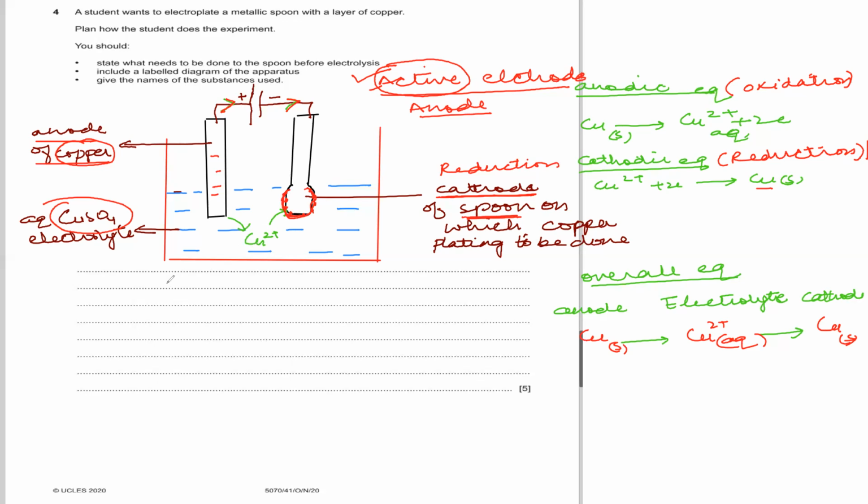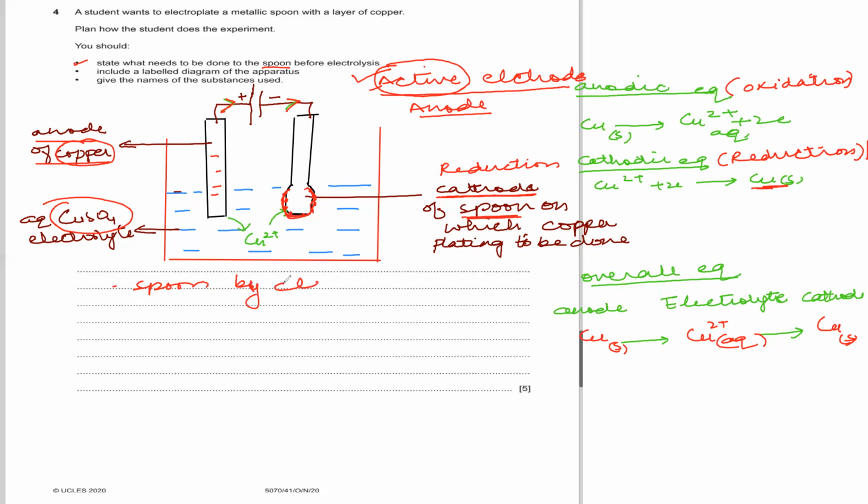So this you will be explaining. This is a well-labeled diagram which is going to explain, right? And what else do they want? We will be starting our explanation because the examiner wants to know what we are supposed to do with the spoon before this electrolysis takes place. The spoon has a shiny surface on which the ions might not stick on. Okay, the metal deposition needs to stick on. So we will be preparing the spoon